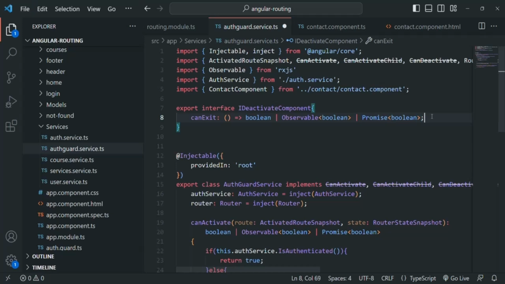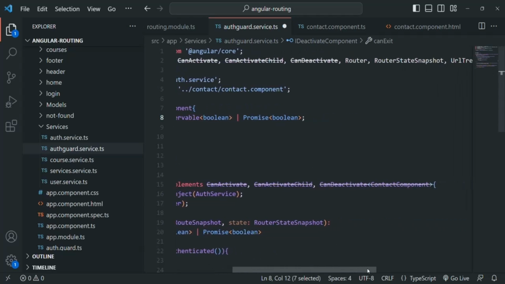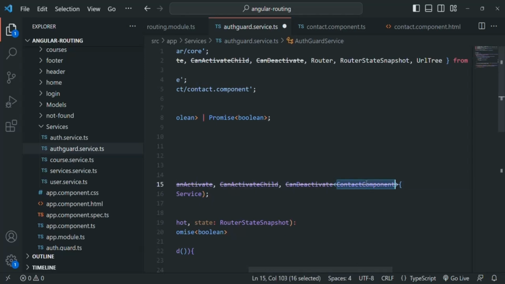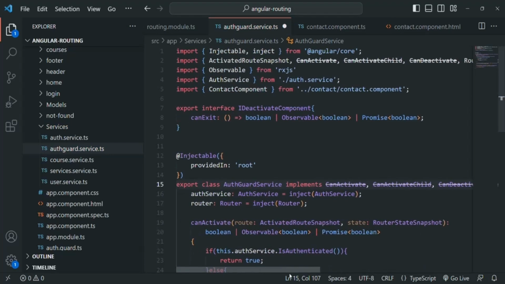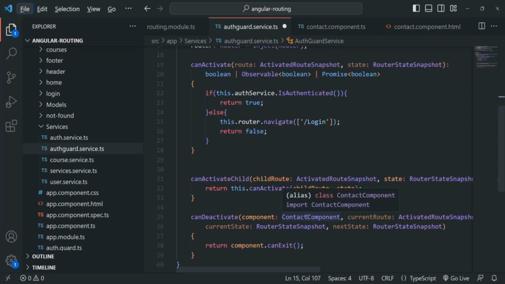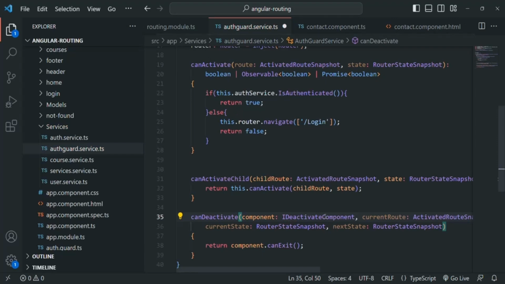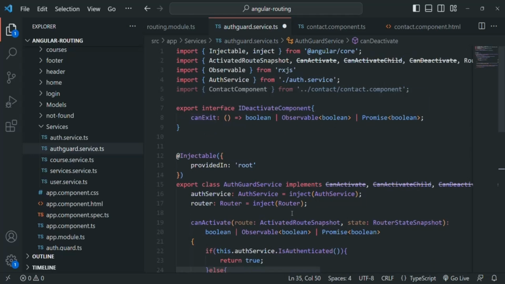And now any class which inherits from this interface has to provide an implementation for this CanExit method. And here, instead of specifying a component class name, we will use this interface name, which is IDeactivateComponent. So now the type here for this CanDeactivate is going to be IDeactivateComponent. And here also, instead of saying contact component, we will say IDeactivateComponent. And this IDeactivateComponent has this CanExit method because it is exposing this CanExit method, and we are calling it